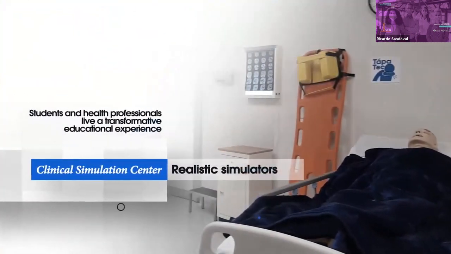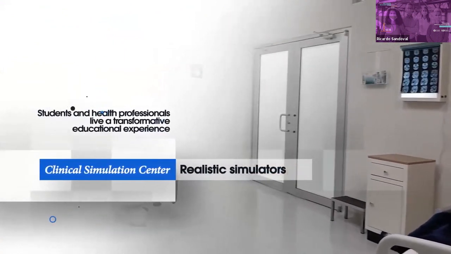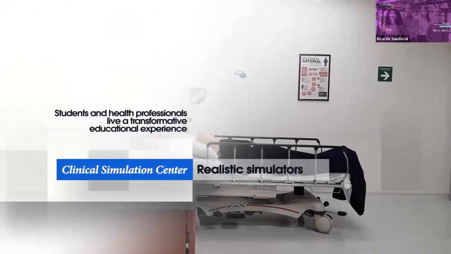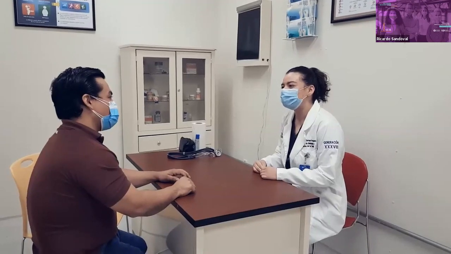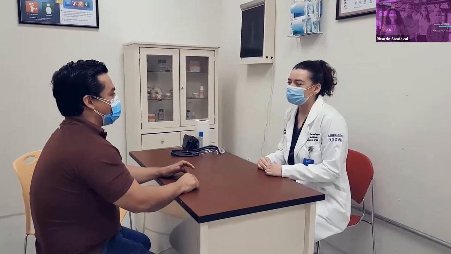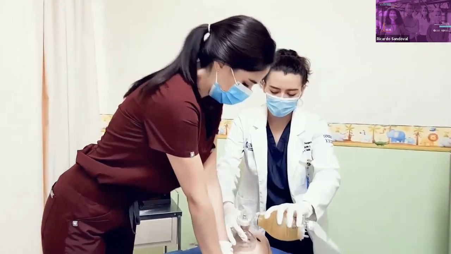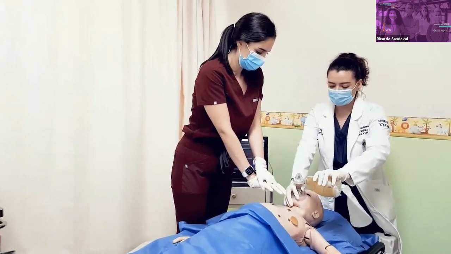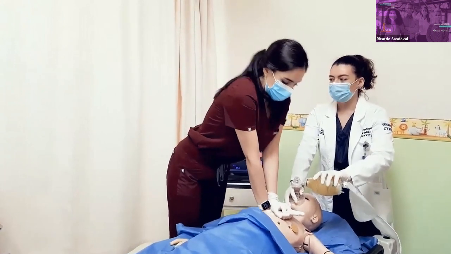At the Clinical Simulation Center, students and health professionals live a transformative educational experience thanks to our highly realistic simulators, which can be programmed to simulate diverse pathologies and allow trainees to confront an array of